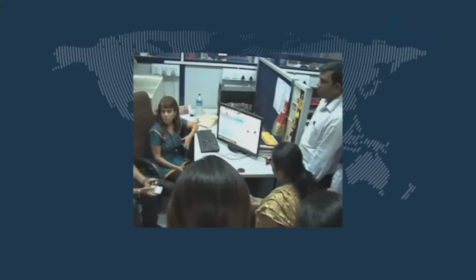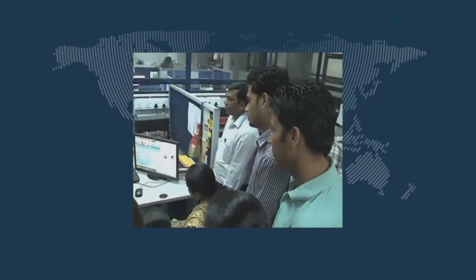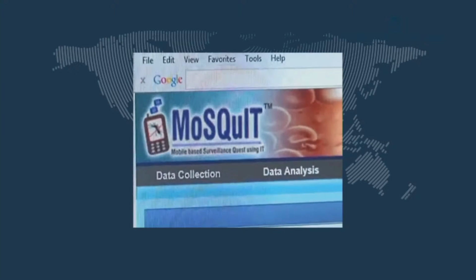public health problem where 95% of the population lives in areas that are malaria endemic. CDAC has come up with a mobile surveillance app aptly named MoSQuIT. What CDAC has come out with is a mobile-based system for data collection of